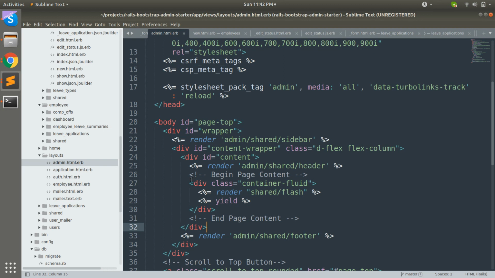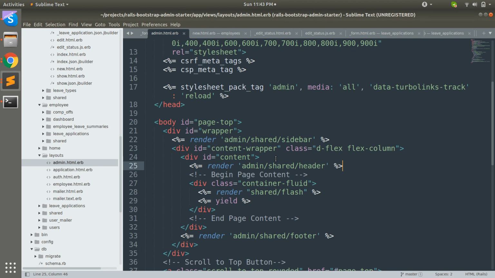Instead of rendering the header in the layout, I could write this header code in every template, but that does not make sense and is not a good practice. This is the common piece of view code that represents the header on a template. So I moved it into a partial, which helps me write as little code as possible in the view template. This is the importance of partials.